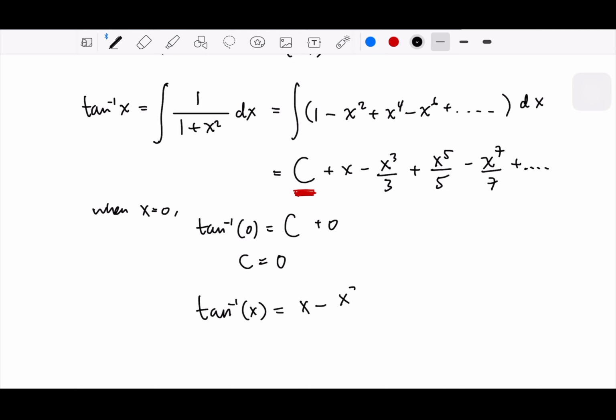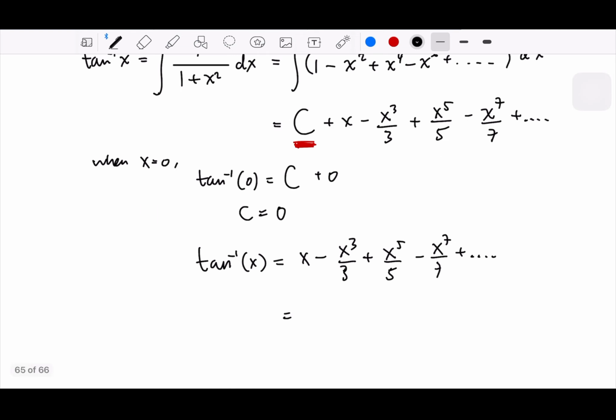x minus x cubed, or if we look at the series, this will be alternating. It's plus, negative. This is odd numbers, 1, 3, 5, 7, and the powers are also odd numbers. Okay. And we can include the odd number pattern or formulation. So we can take this